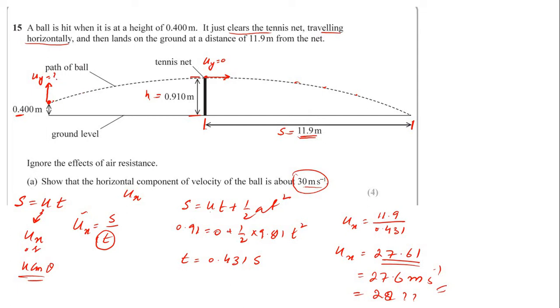And the ball is moving upward, so the vertical velocity is continuously decreasing. At the top, the vertical velocity becomes 0. So how do we figure out that? Remember, we are given vertical height and we are also dealing with vertical motion. So we need to use the SUVAT equation to figure out the vertical quantities. So what I'm going to do, I'm going to use the equation v square is equal to u square plus 2as to figure out this u. Remember, this u is the initial vertical velocity.